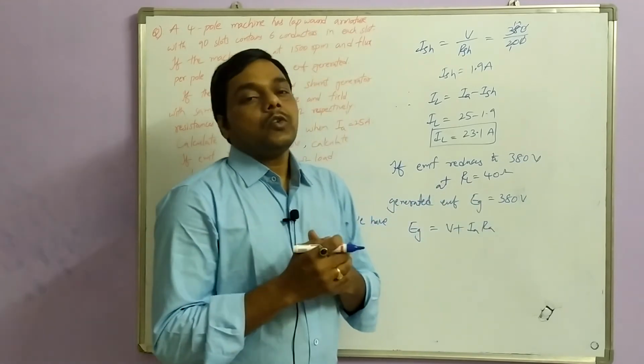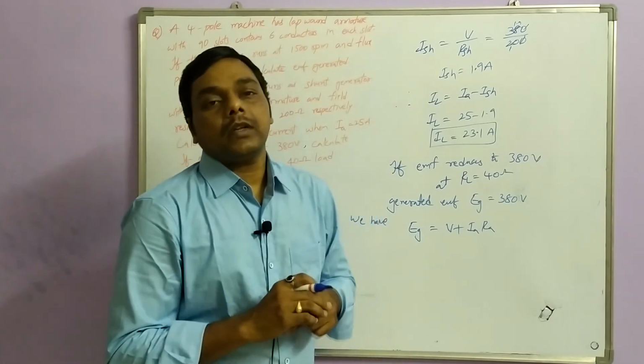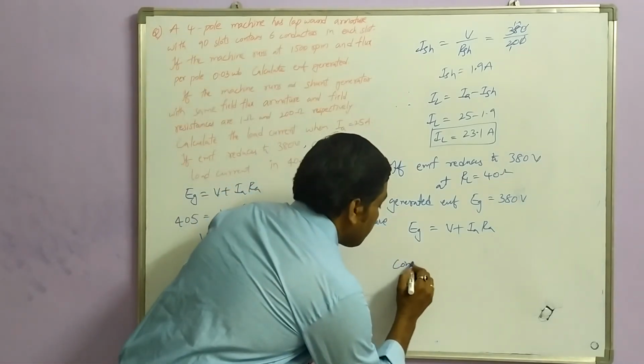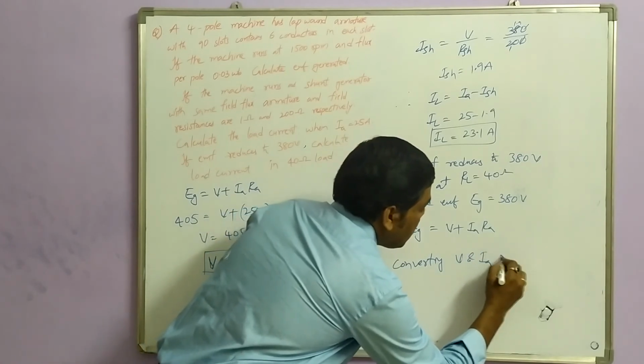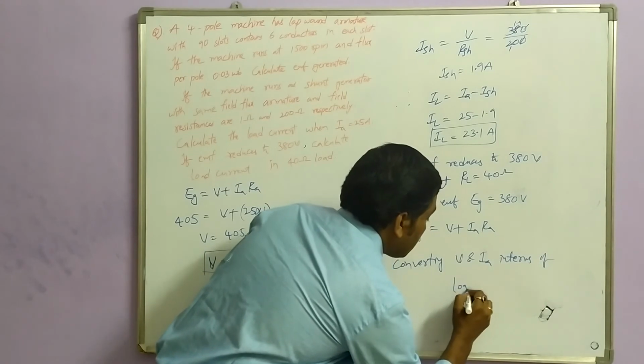So the total equation, if you convert it into load current, so load current is easily determined. Okay, so converting V and Ia in terms of load currents,